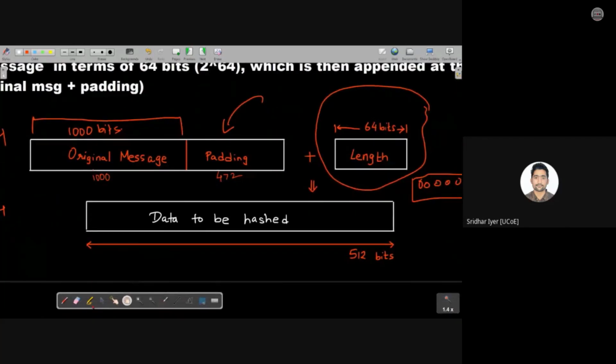So total length, how much is the total length now? You only tell me. What will be the total length of the message? I am expecting answers now from you. Just come on, let me know the answers. What will be the total length? Correct. A division, I got the answer. What about B division? It has to be an exact multiple of 512. Yes, correct answer. So I got the answers from A and B. As we had taken the third multiple of 512, the exact answer will be 1536.